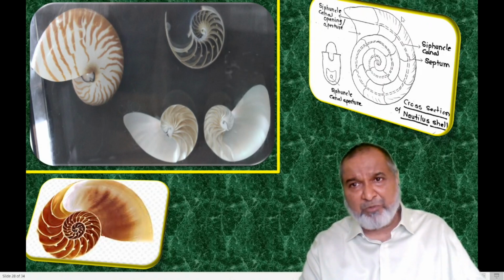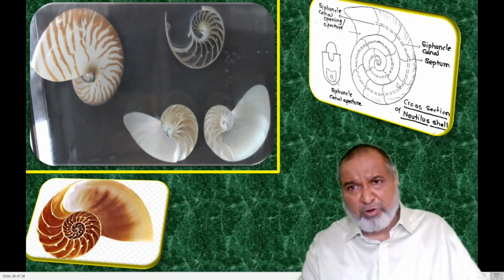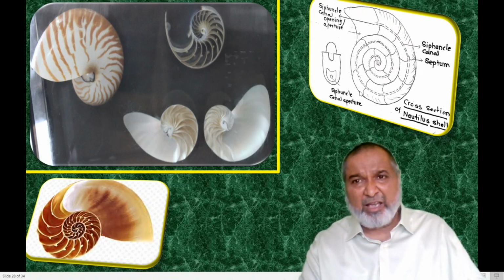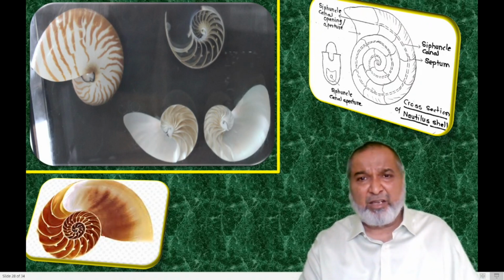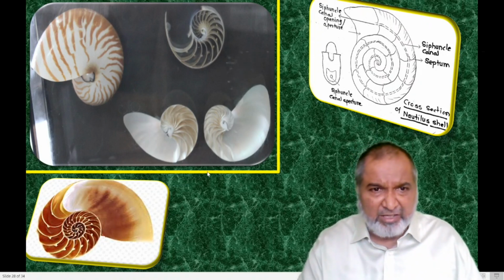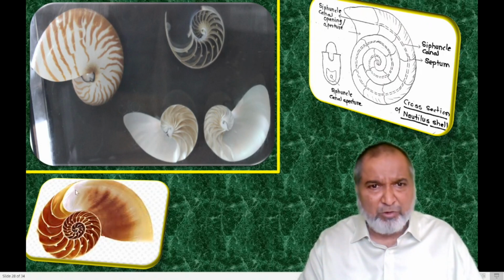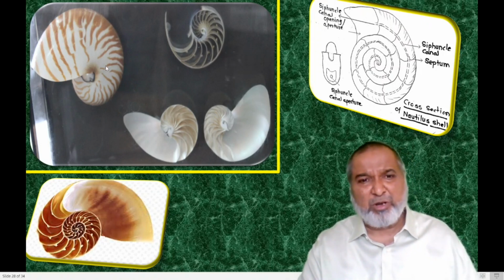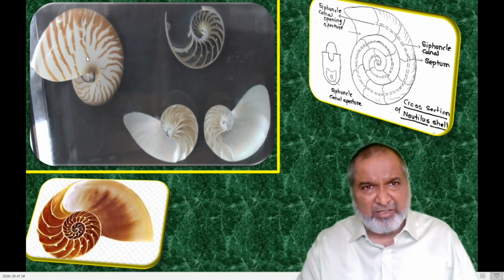This is the septa we have, septum we call it. This will be joined. It is not in a straight line, it is in curvatures. And there will be a very important one, the coilings. You can see the siphuncle canals there. Yes, this is a very good one. It is made up of calcium carbonate, with a very good shining part. These are the suture lines, where the septa, when joined to the external shell, show some suture line on the top.